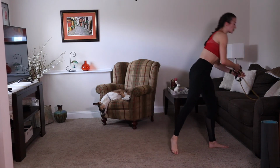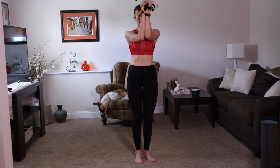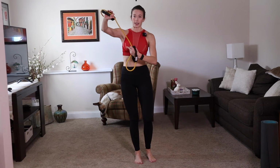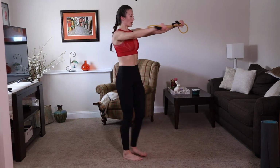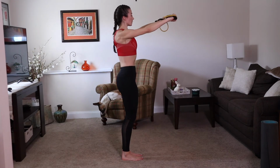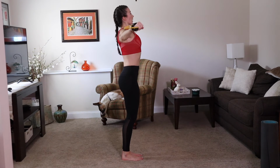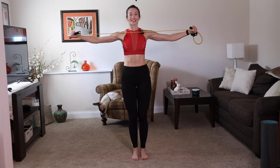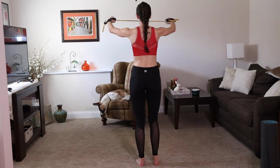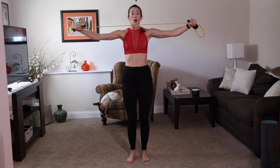So you're gonna do the same thing. If you didn't have a band, you're gonna bring those forearms together right here, up and down. All right, if you have your tube, we're gonna superset these. So whatever exercise you're at, go for it. Now here, squeeze those shoulder blades back together, opening up that chest, squeeze from the back, squeeze, keep going, squeeze, good, pull apart, squeeze,